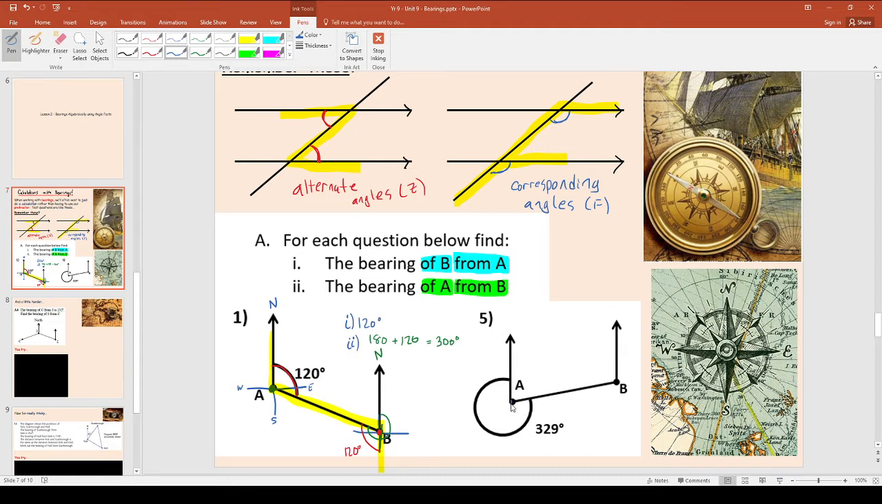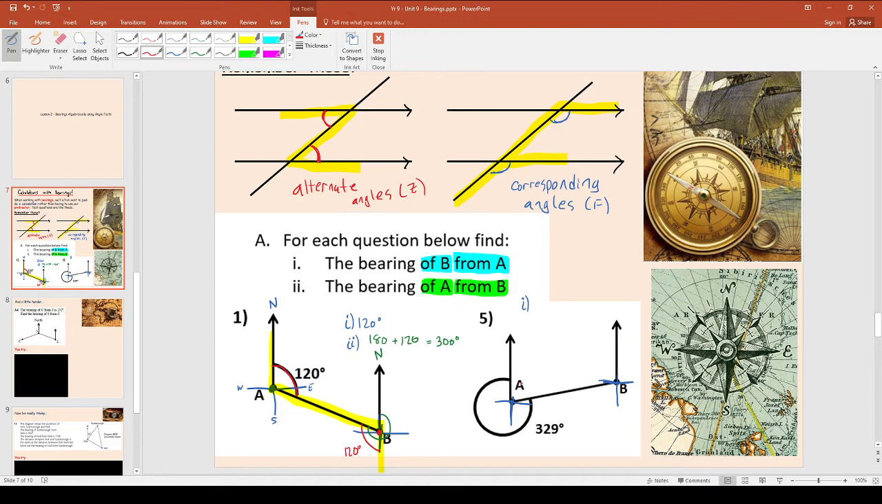So step 1 is you're going to draw in the compass point, my lovelies. So just like that, get your compass points in. I'm going to put it on B as well, because I'm going to need it there probably too. So there's our little compass points, and here we go. If that's 329 degrees in the first part of the question, for part I, it's how many degrees do we need to go to get